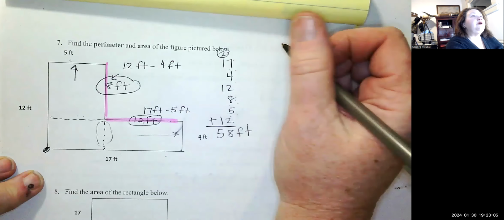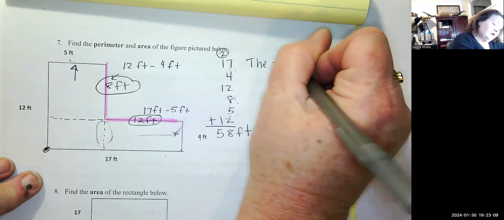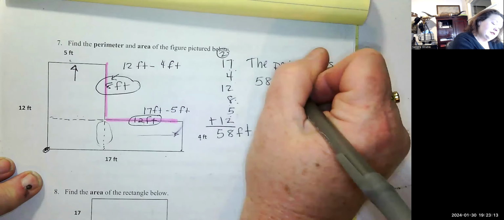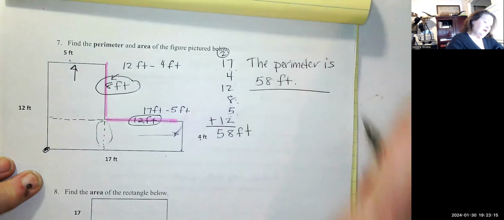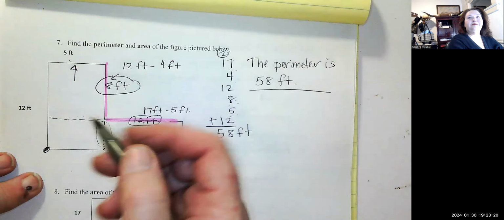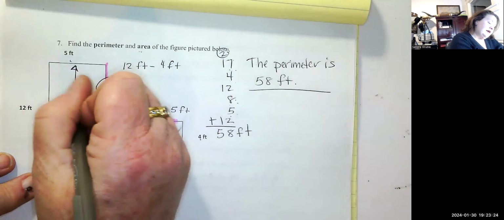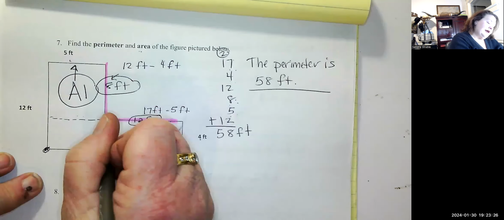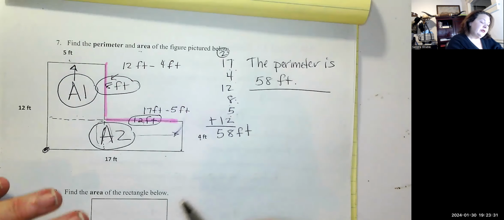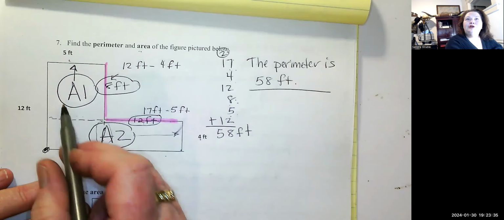So let me make sure we're correct. Yep. The perimeter is 58 feet. Done. Got my unit, my sentence, and I don't have to worry about rounding. All right, so now they're wanting us to figure the area. I always label these as A1 and A2 whenever I'm doing this, just so that I can keep my area separated. So to do this, keep in mind, these are creating 2